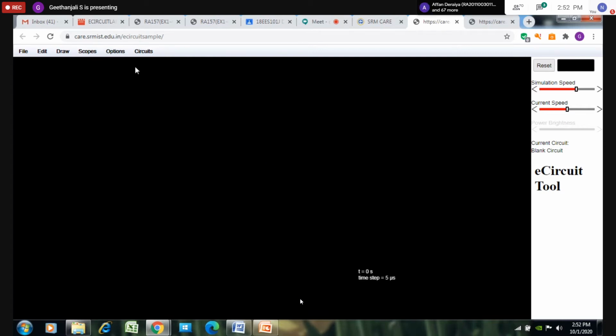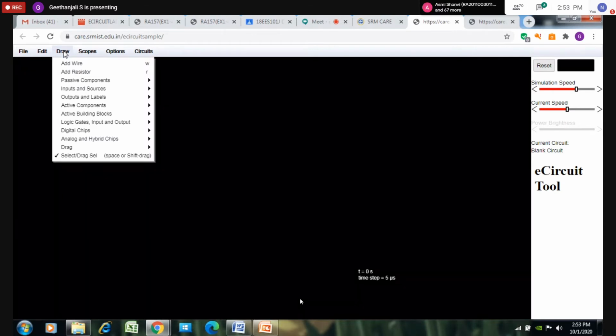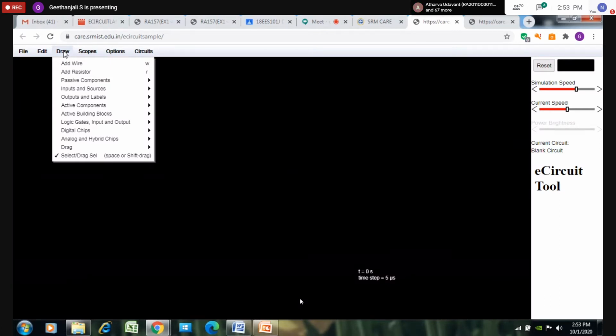So go to the draw, then sources we need, right? My circuit initially consists of one voltage source and two resistors. So one voltage source, where it is, all of you make a note.